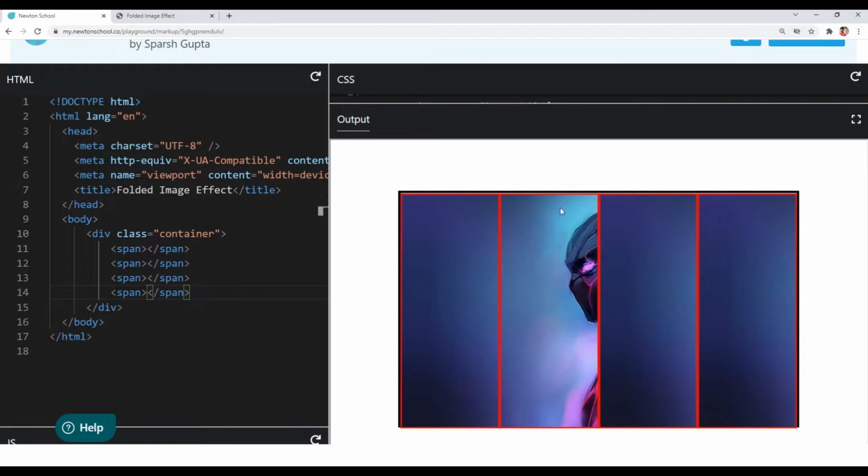Now we have to give the background position of our third element. The third element is starting after 50% of the width of our container: 25% width of the first element and then 25% width of our second element. So 25 plus 25, that is 50%, and right after 50% our third element is starting.